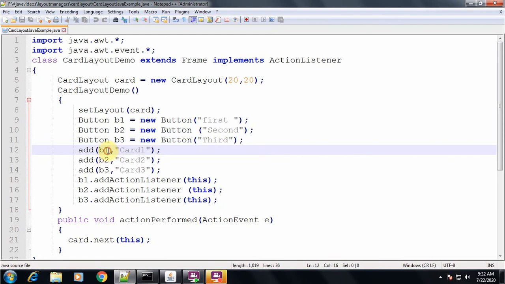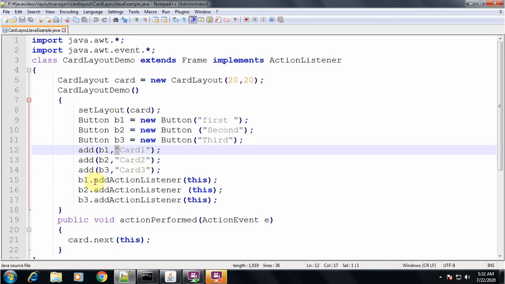The first argument b1 is the component object which you are adding, and the second, optionally, is a name you give when you are adding this component. b1, that is the first button, and the name, this is a string, so it has to be put inside double quotations like this. Okay, the first statement, add b1, and inside the quotations I am giving card1. Add b2, inside the quotation I am giving card2, and then card3.